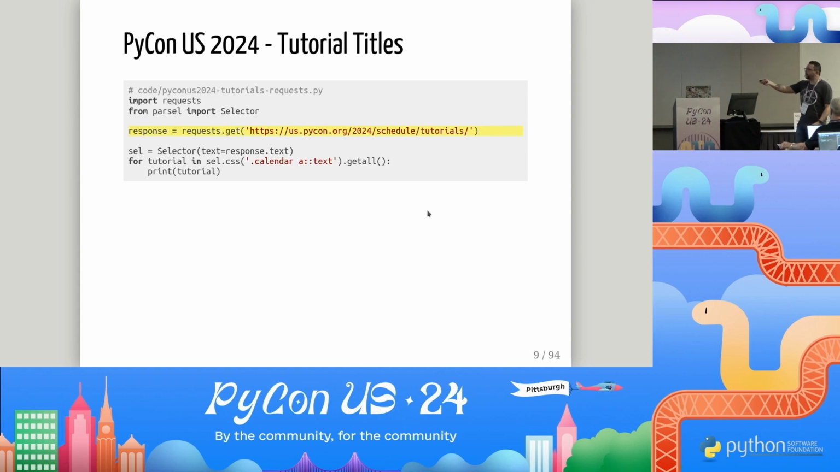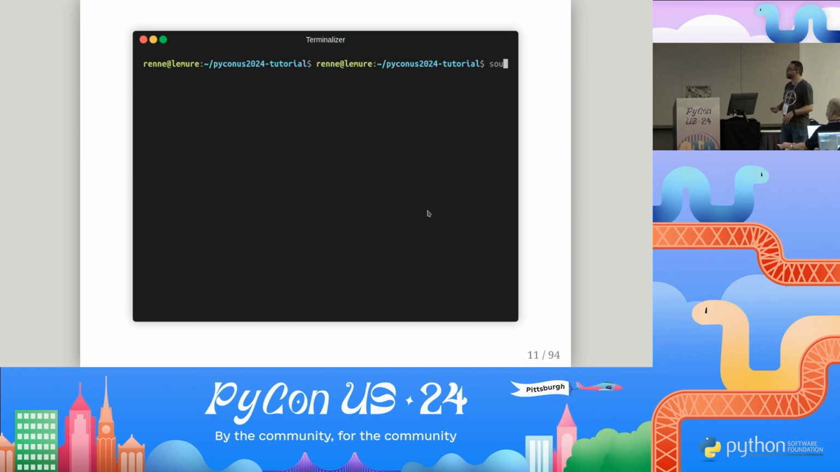So we get the data, and then we use a selector. This is just to create a way for the parser to process the data so you can do some searches inside it. Then I use a CSS selector and get all tutorials that we have and print it on the screen. Okay. I recorded some of my code, so